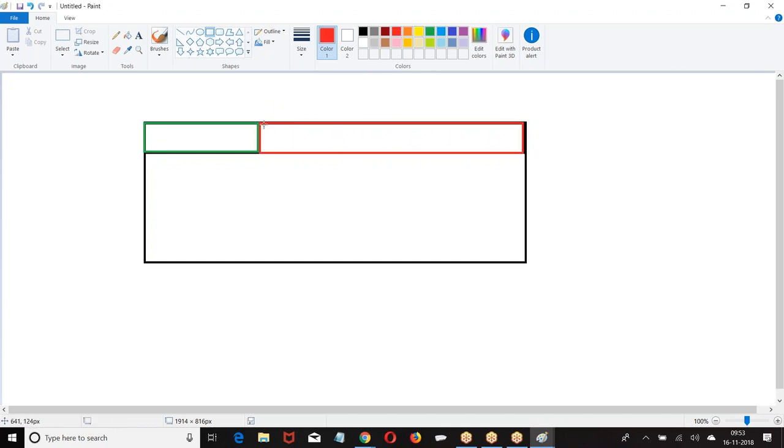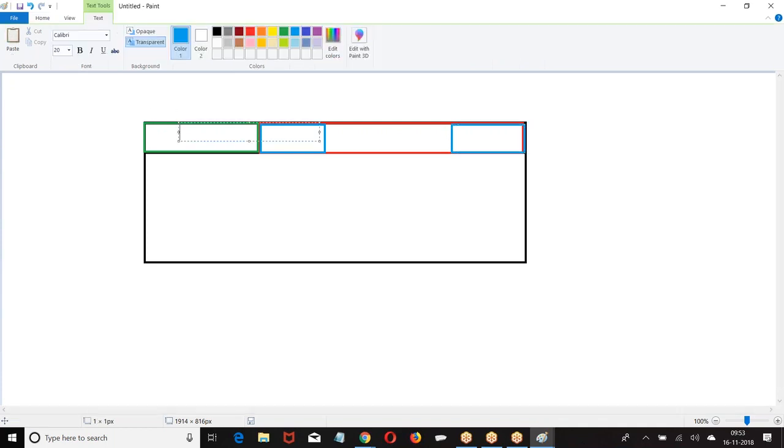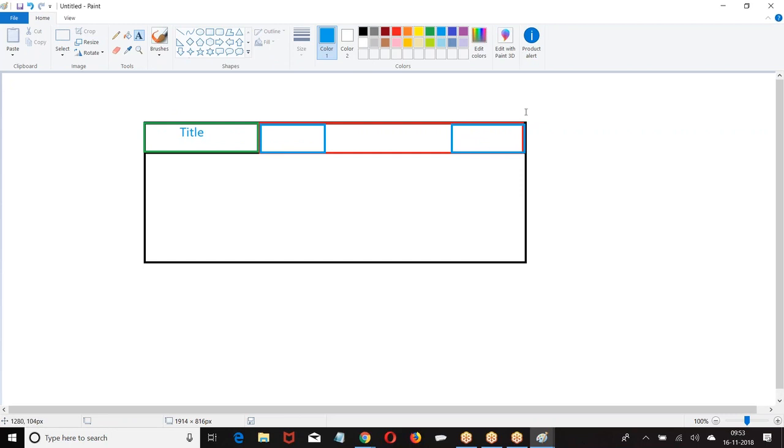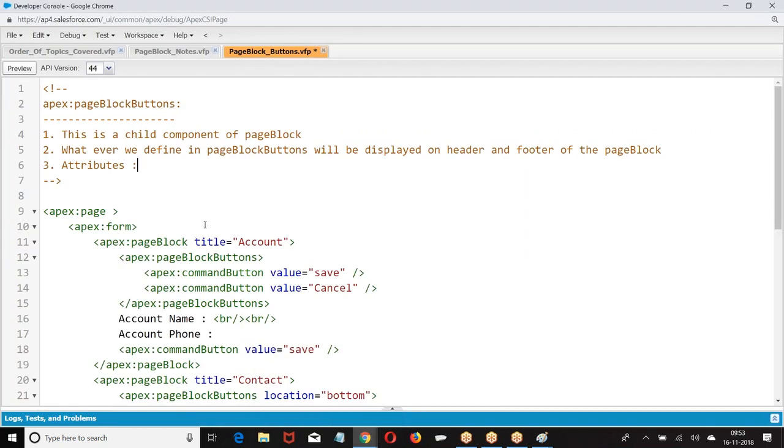In this space, this is LTR. This is RTL. Probably because you are not finding the buttons at this last corner, you may be thinking it's coming on the right. This space is given for title. In this space left. In this space right. Right? Maybe that may be your question, right?